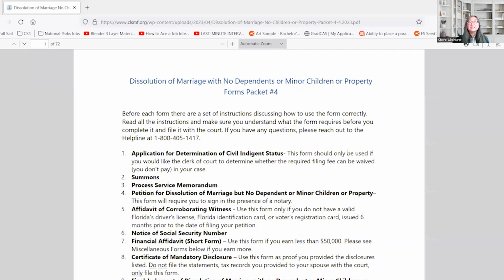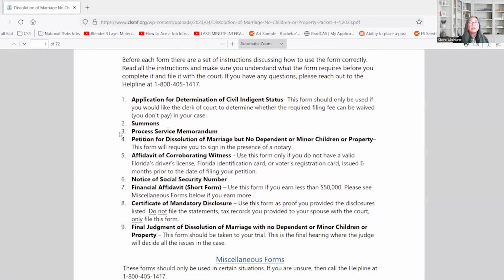All right, so as it states, this is the no dependents or minor children or property forms. We already went over the application for civil indigence, summons, and process service. So number 4 is where we're going over. The petition for dissolution of marriage will be the most important, and the final judgment. Those are the 2 forms that you will need,